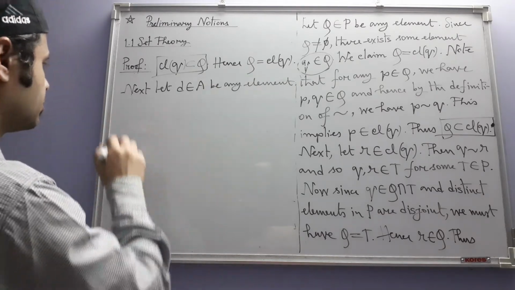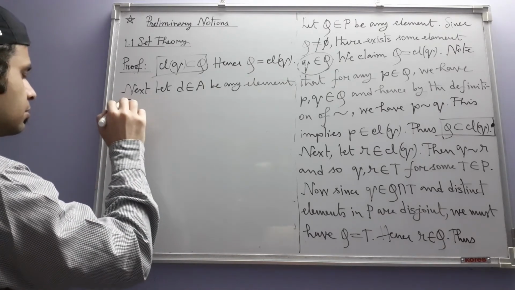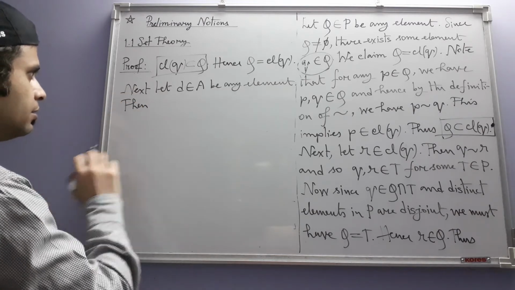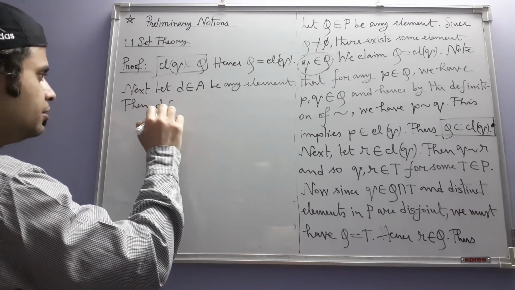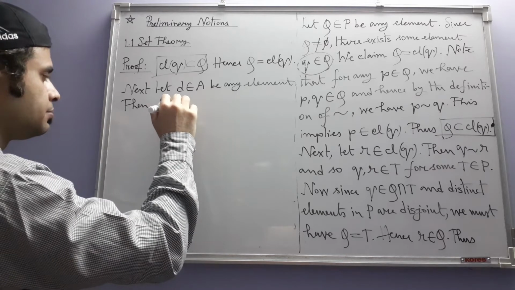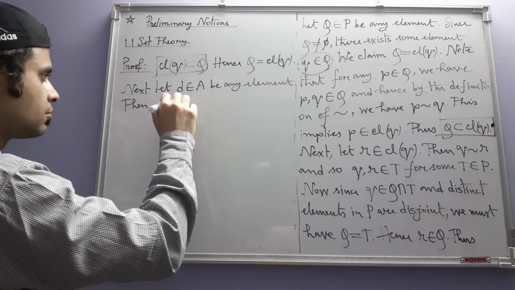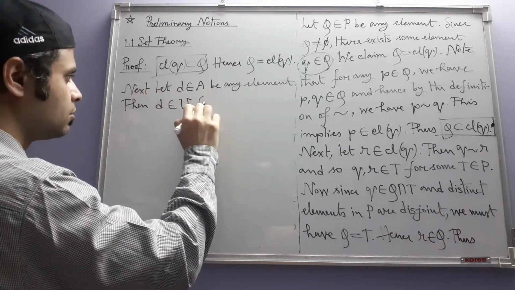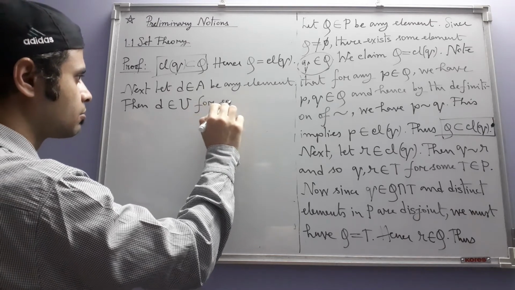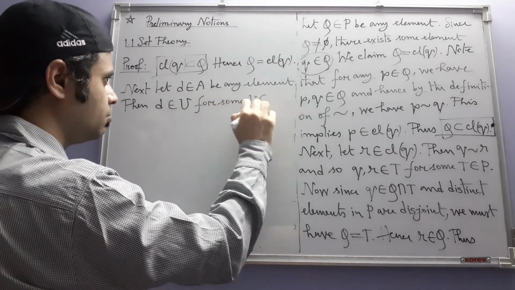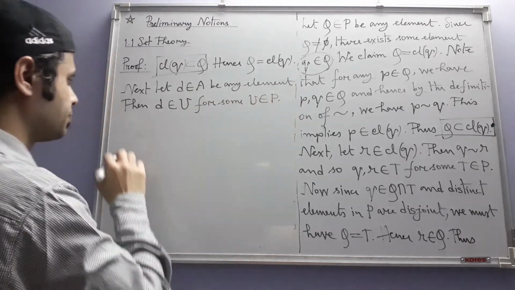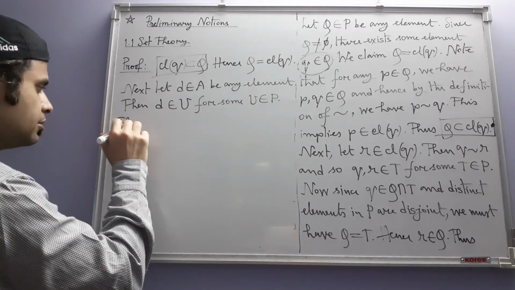Okay. Then D belongs to, say, U for some U belonging to P. And what is the reason? This is because